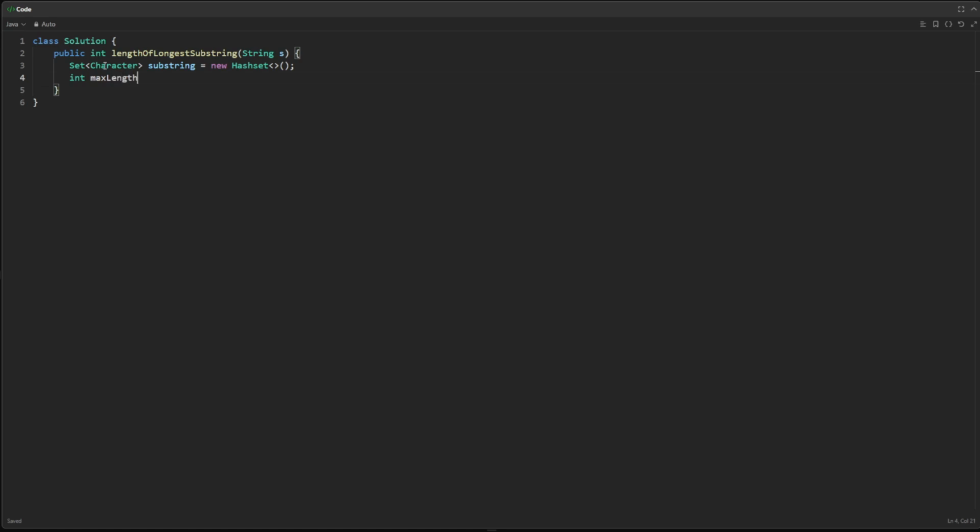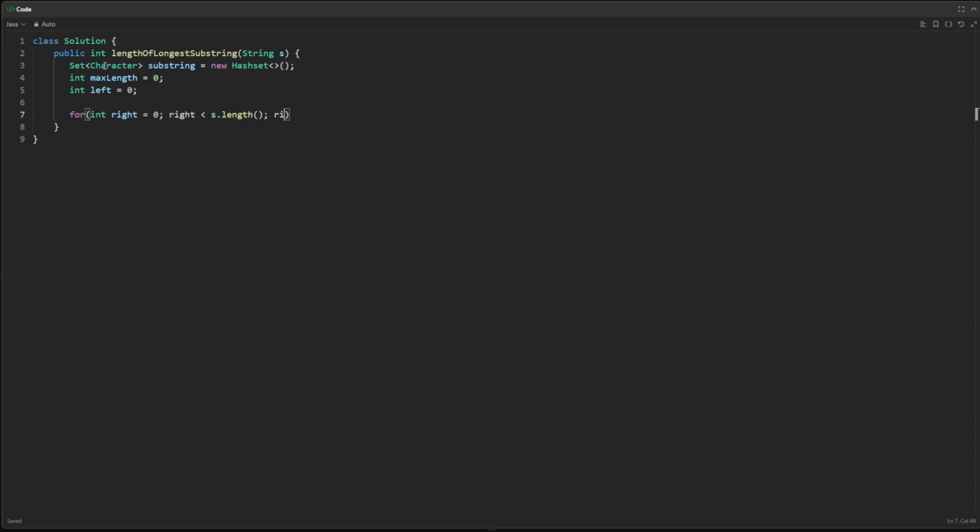So we want an integer called max length. We'll set that to 0. We want an integer called left, and this is because of how we're using a sliding window, right? So it'll make a bit more sense once we get through the code, but essentially a sliding window is just moving our 2 pointers in the string to move left and right to then find us our longest string, a unique string, right? So we'll do a traditional for loop, which will initialize our right pointer, which we'll then call right, is less than s.length,